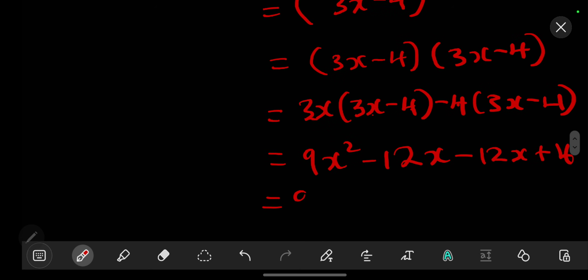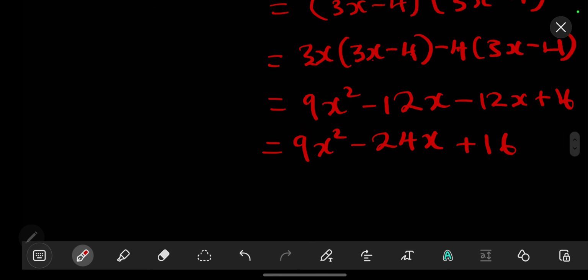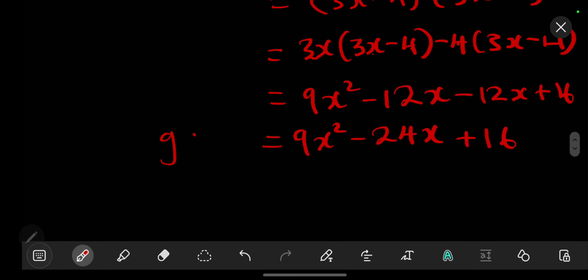So this will give us 9x squared. Then we have minus 24x. Then we have plus a 16 like that. So just as I said, we have our g f of x. So our g f of x is the domain shall be